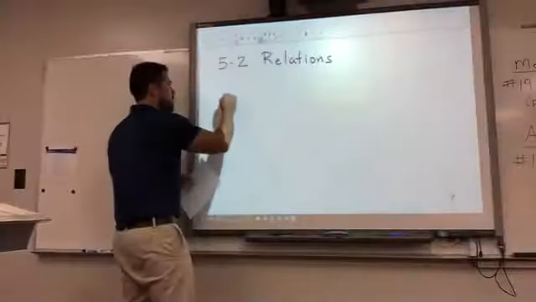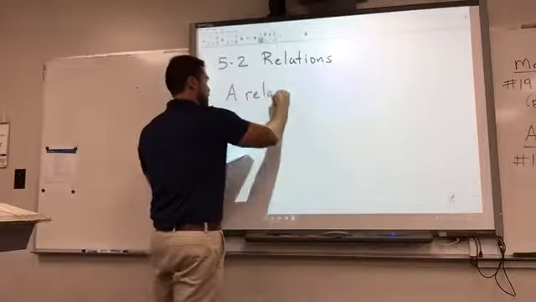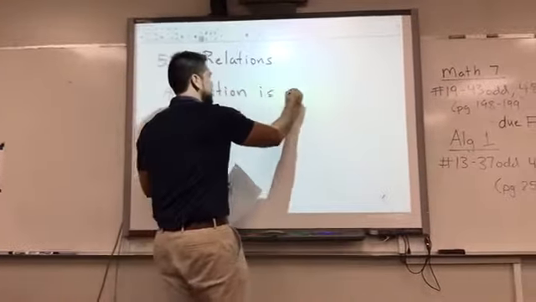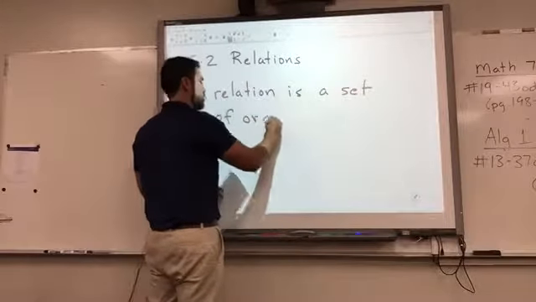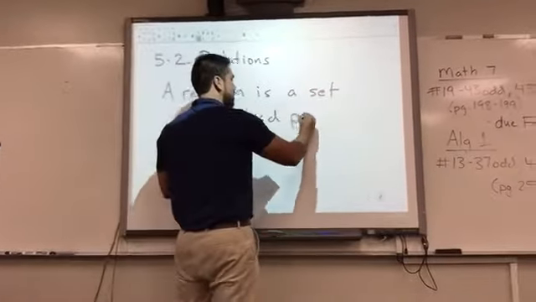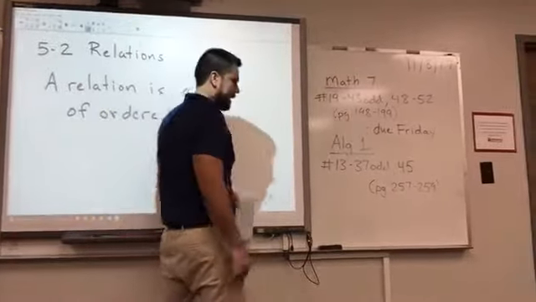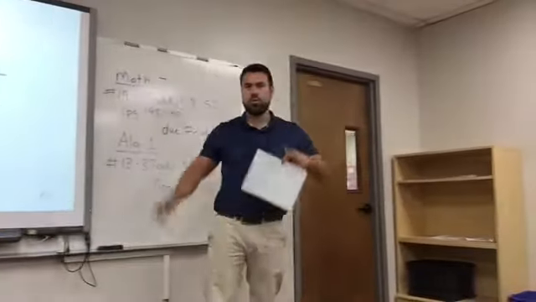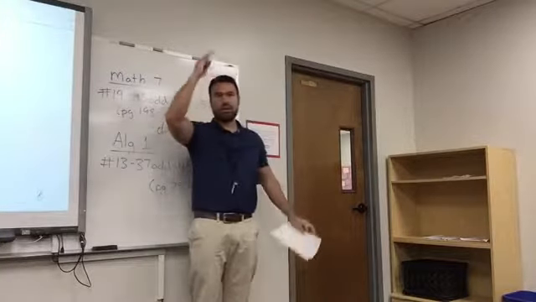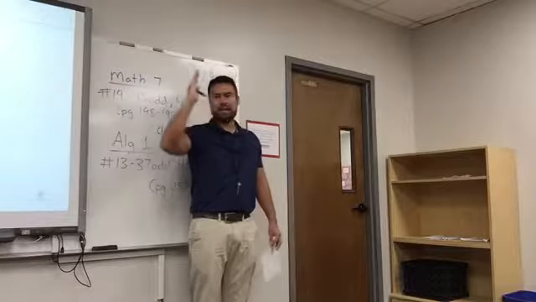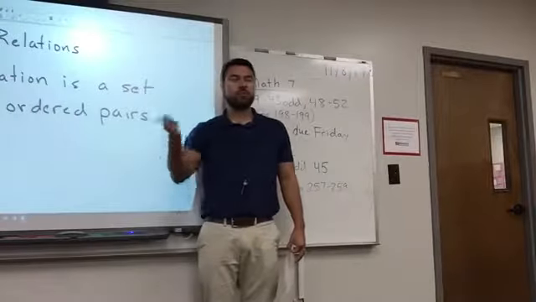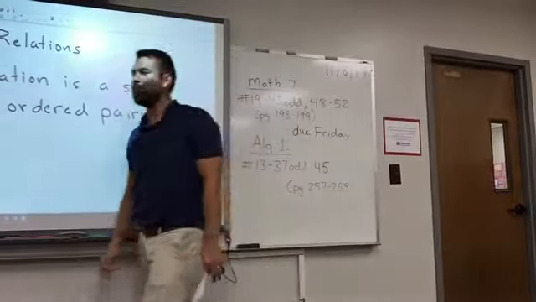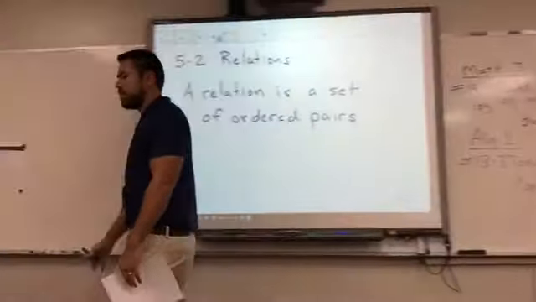Okay. What is a relation, though? A relation is a set of ordered pairs. So we talked about ordered pairs. Do you guys remember what the order is? They're coordinates. So the order has to be this, then that. Jenna? X and Y. And that's typically how we look at it, although you can have other variables other than X and Y. That happens, but normally the way we use it is X and Y. Okay.